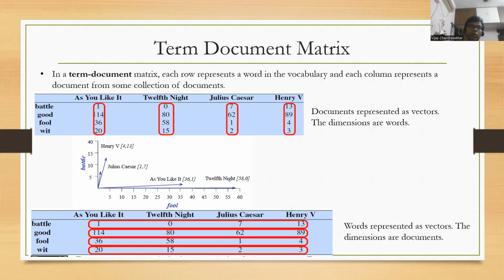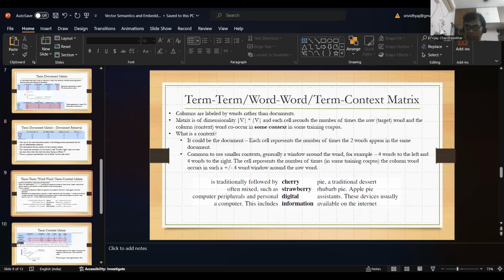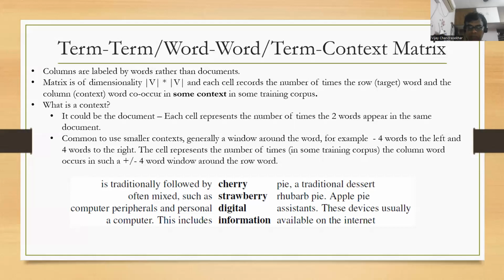Now, I'm going to ask a question here. Let us say, As You Like It point is here, Twelfth Night point is here. Let's say this point was here. Okay, let me just switch to, sorry, I'll use the pointer.